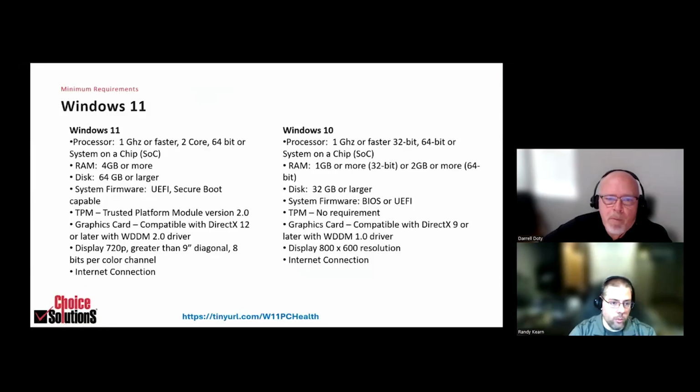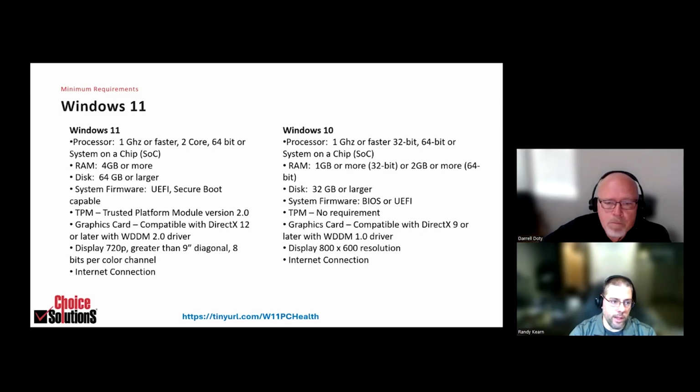So, what's the big... okay, now we've identified Windows 10 is going end of life. What do we want to do? Windows 11, right? There are some nuances in terms of what's different between Windows 10 and Windows 11. The biggest one being that there's a significant difference in infrastructure requirements to run Windows 11 than Windows 10 for